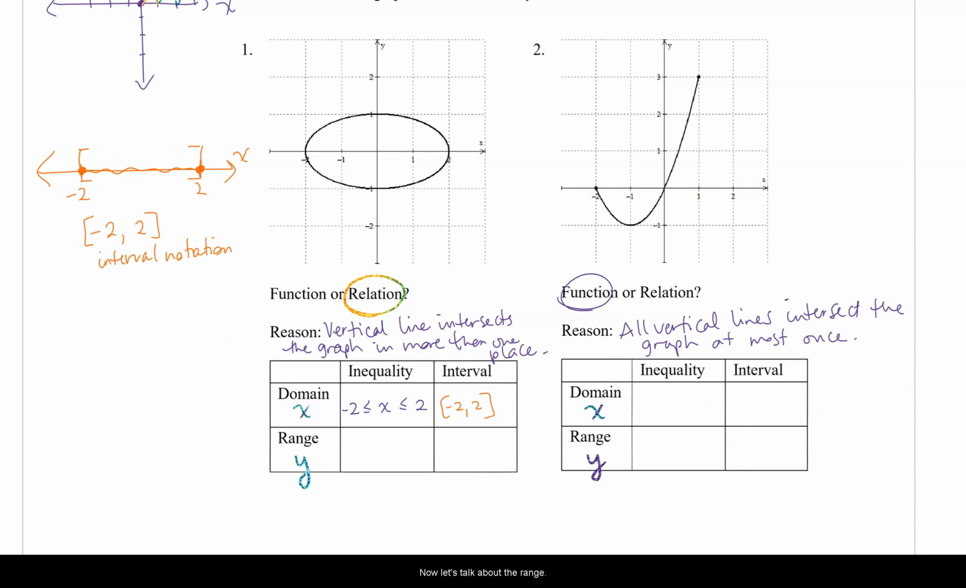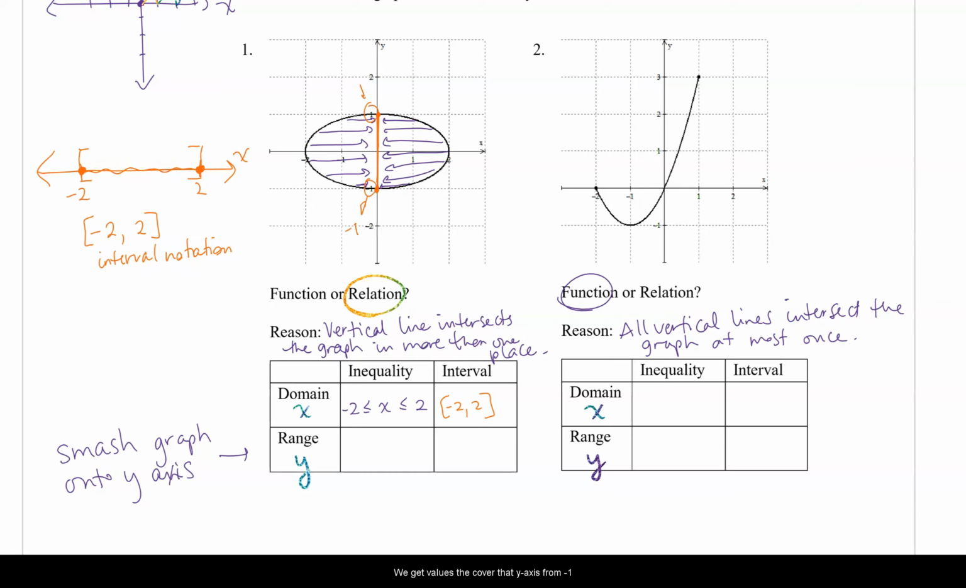Now, let's talk about the range. This time, instead of smashing it onto the x-axis, think of a trash compactor that pushes together from the sides. Or if you're a Star Wars fan, the very first movie, when they rescue Princess Leia and they're stuck in the trash compactor, the walls are caving in, moving towards the middle. The same idea here for the range. And again, we see once we smash this ellipse in on the y-axis, we get values that cover that y-axis